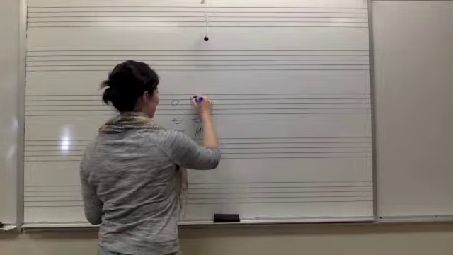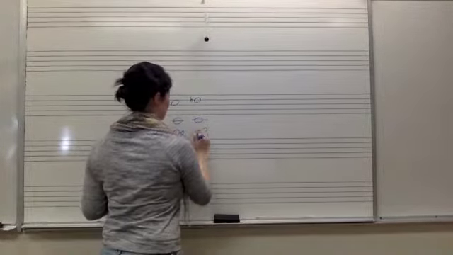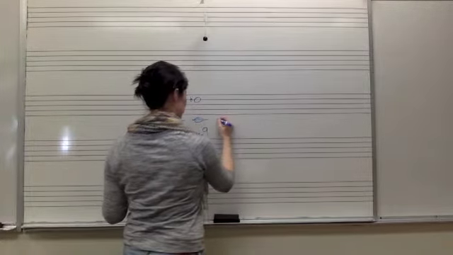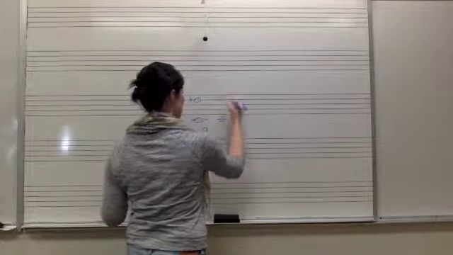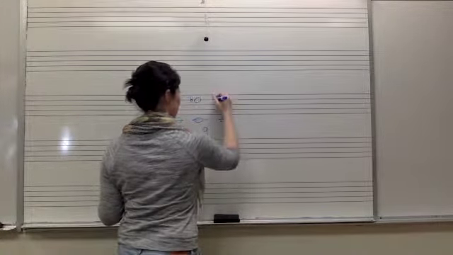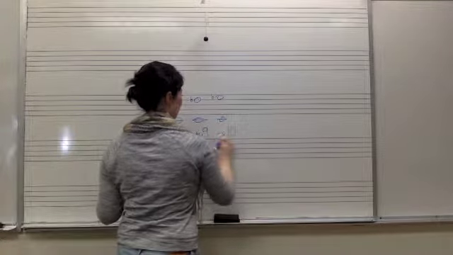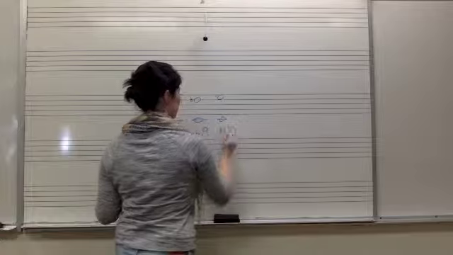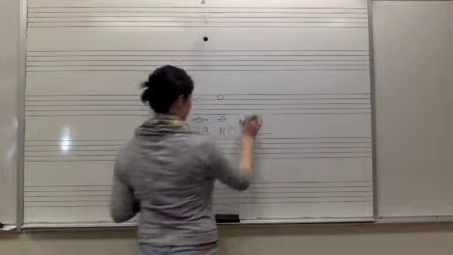So, yes, major ninth. If you have a D flat, it's a minor ninth. All right. If we keep going, so C to E, that's going to be a 10th. Right? If it's E flat, it's a minor 10th. If it's E natural, it's a major 10th. All right, we go up to 11ths, 12ths,